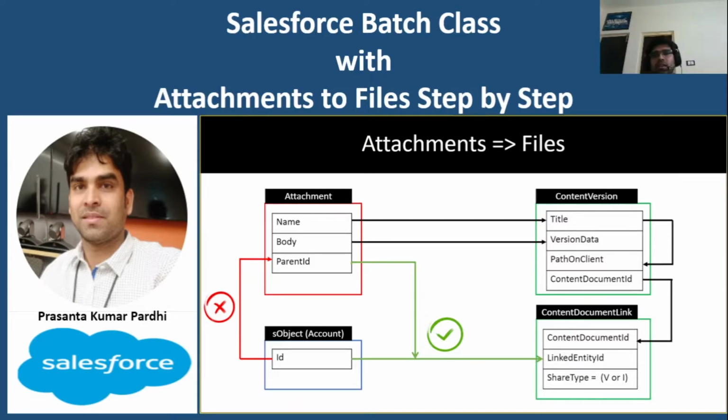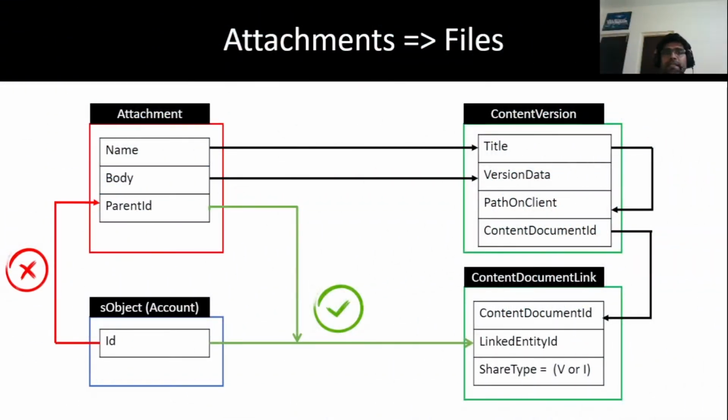But after conversion from Classic to Lightning, Salesforce suggests moving your attachments into files. First, we have to understand the data model changes. Then we can write some Apex code and a batch job to execute a process and convert all those attachments into files. So let's start. Here, the left-hand side data model is related to attachments in Classic days,